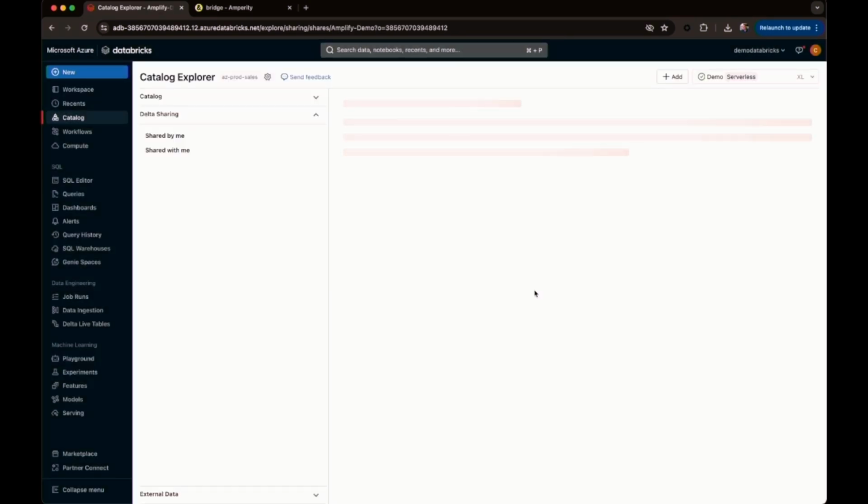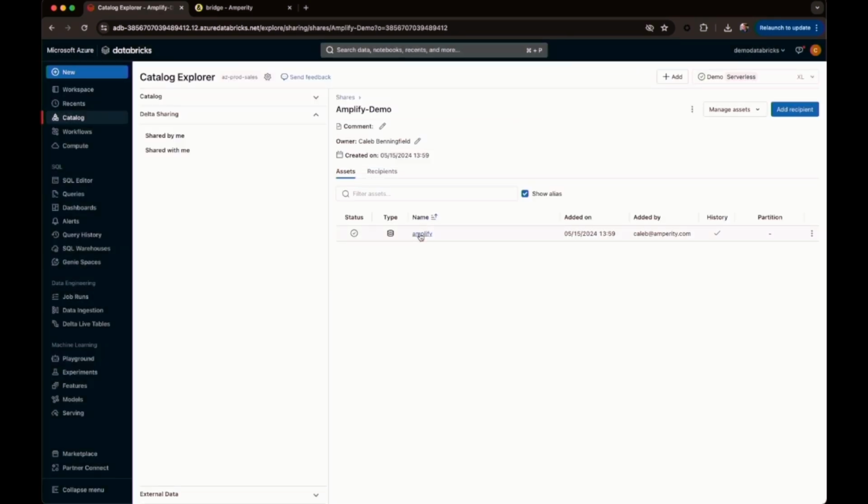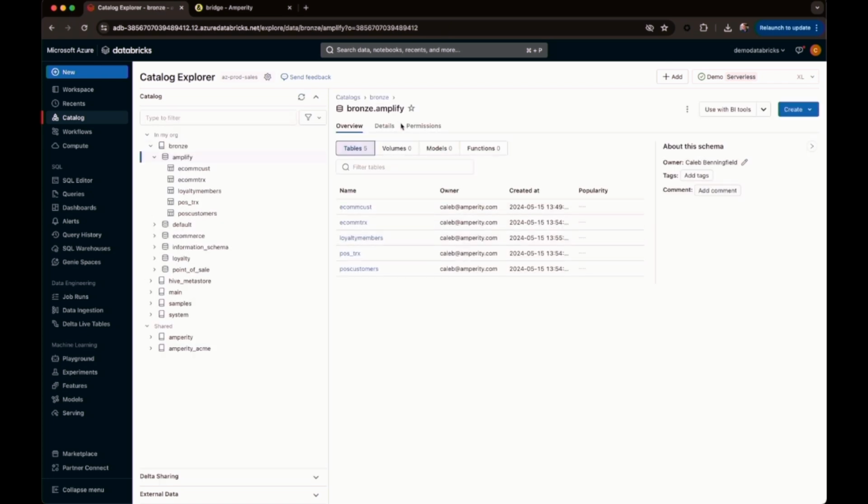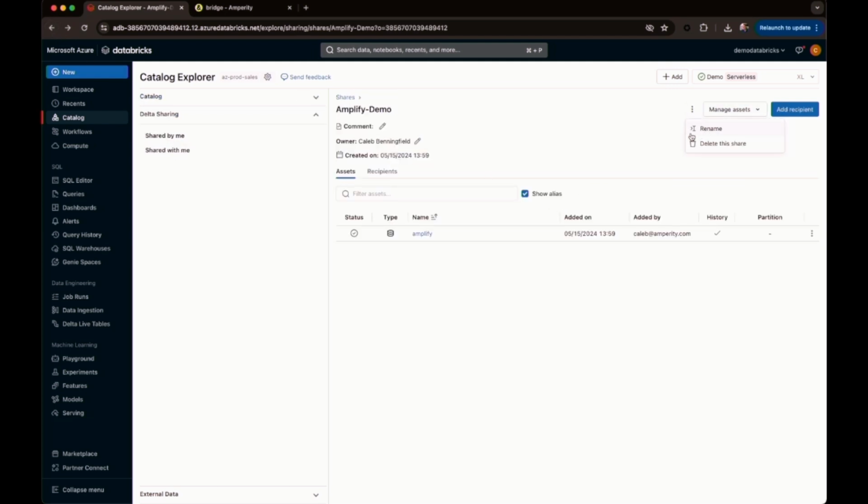It's basically just letting me know that we're going to save this and it's going to be ready. And now you can see there's a share. It has a schema called Amplify, and you can click into it. Here's all the tables we get. Isn't that great? And so now what we need to do is generate a credential and then